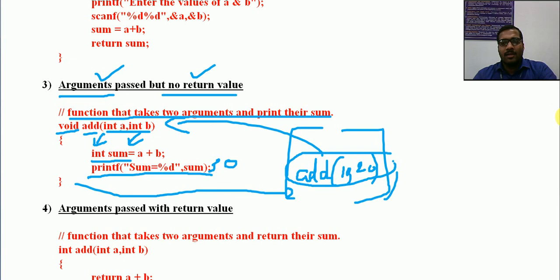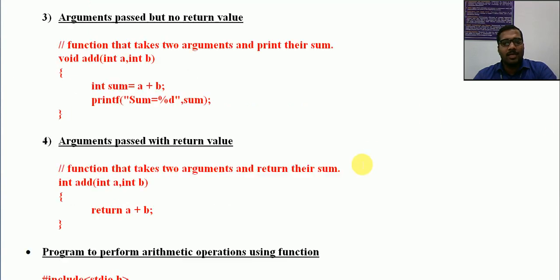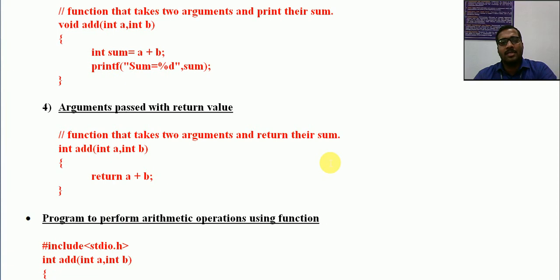Okay. Now next one, the fourth category, arguments passed with return value. So there will be arguments and there will be return values. So again, a function that takes two arguments and returns their sum. Even the function becomes easier now. Return type is integer, add int a comma int b.